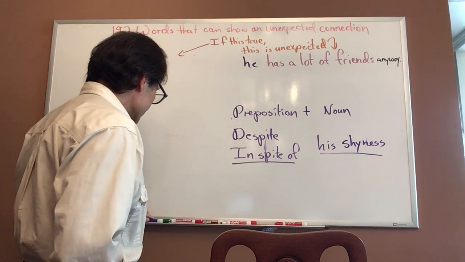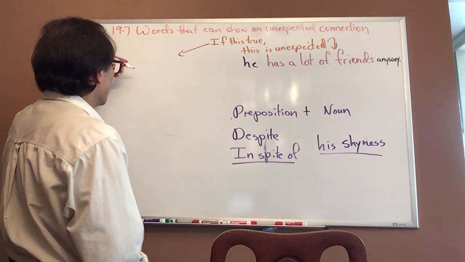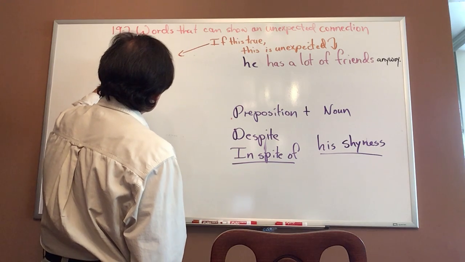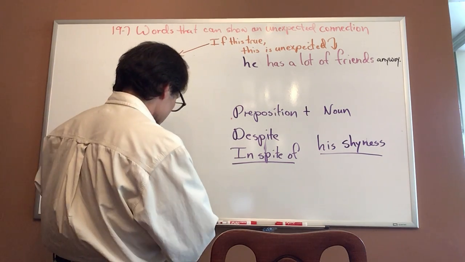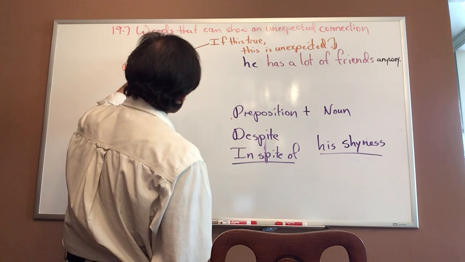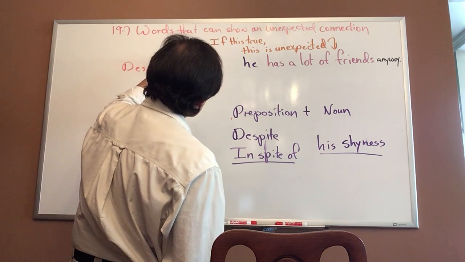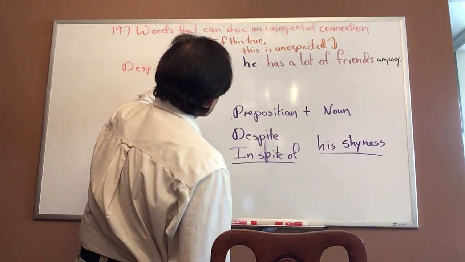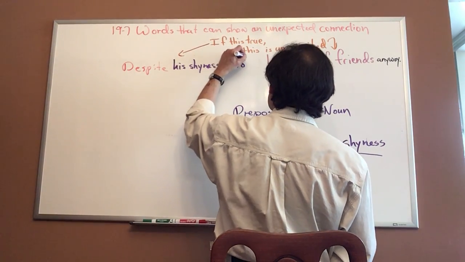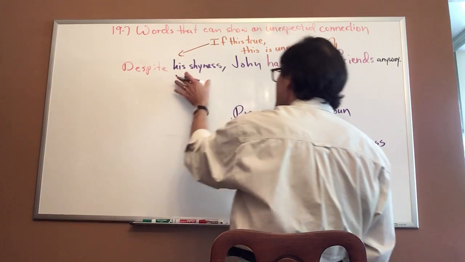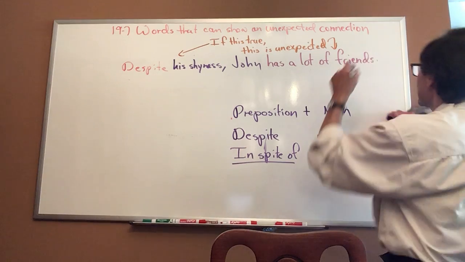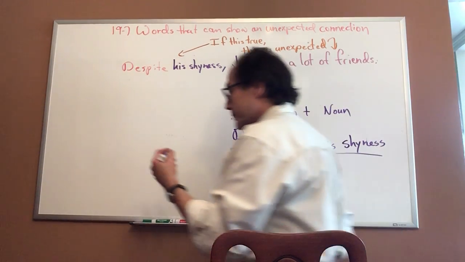So I could say, despite his shyness, and let's change this to John so the listener knows who we're talking about. Despite his shyness, John has a lot of friends. Well, let's get rid of that. Okay? Or I could say,